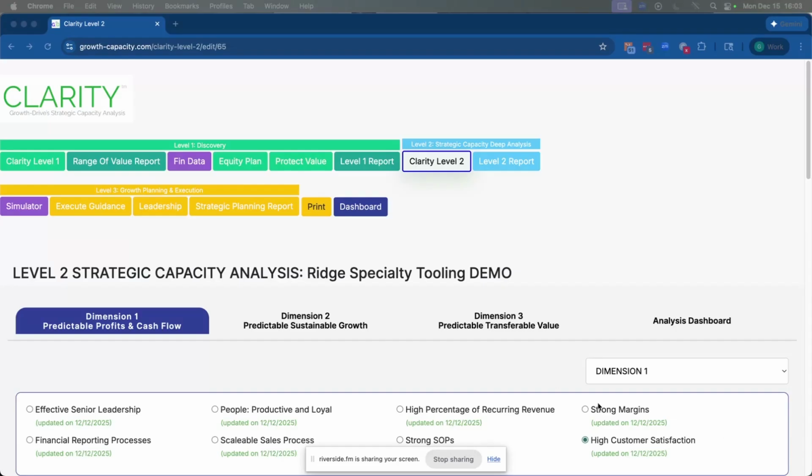We are now going to look at Clarity. I've opened up Clarity here, I'm in Clarity Level 2, and now we're going to look at the Execute Guidance